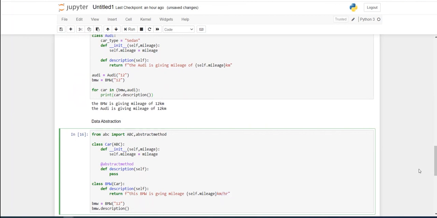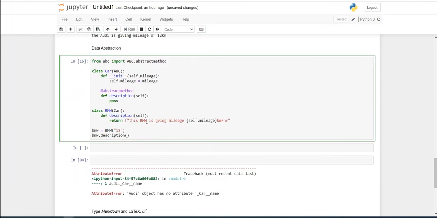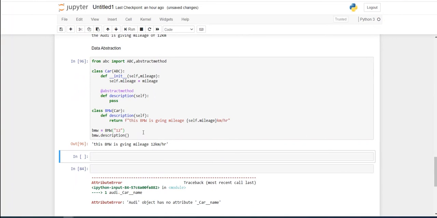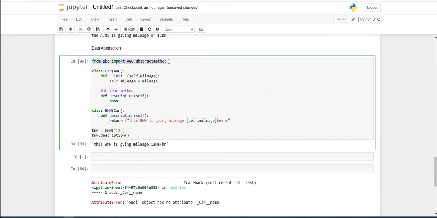I'll run it and see how it behaves. The BMW is giving a mileage of 12 kilometers per hour. That's pretty much it. Now, if you see here, we have imported the ABC library. This is a special library in Python, which you have to inherit using ABC in this Car class, and you have to annotate the abstract method to mark it as an abstract method.